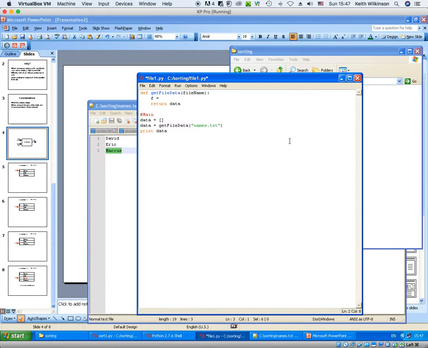So f equals open the file name, and we want to open it for reading. Remember, I said earlier, we could read, write or append, so that's either an R for reading, W for writing, A for appending. That's all I need to do. And then just say f.readLines,